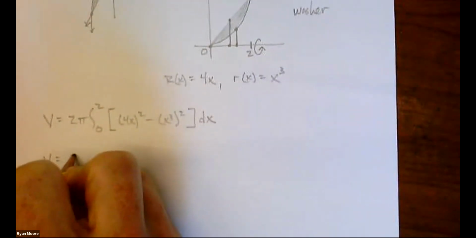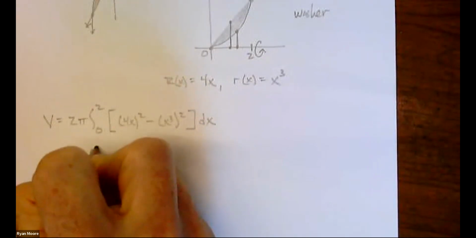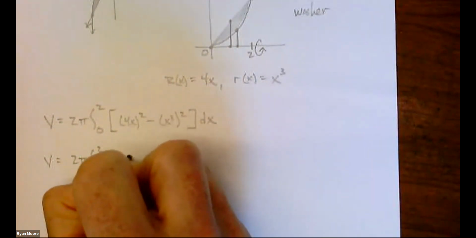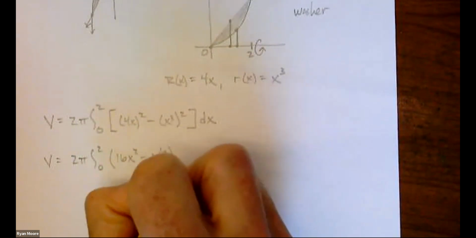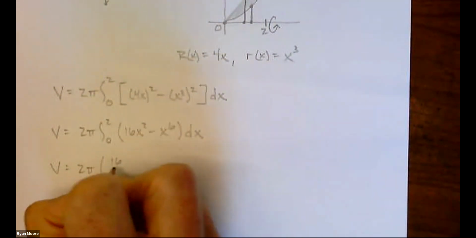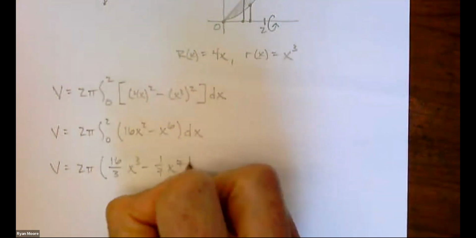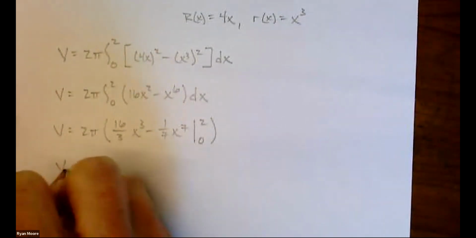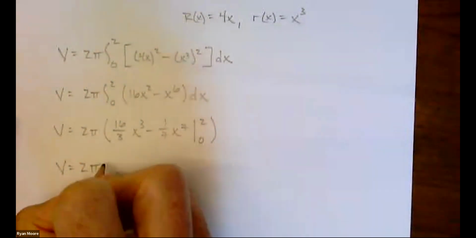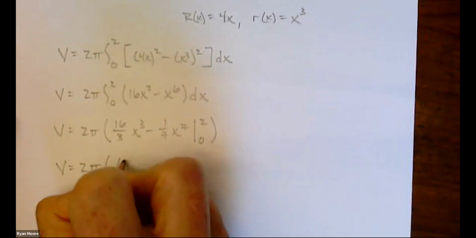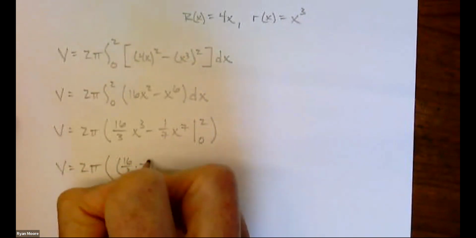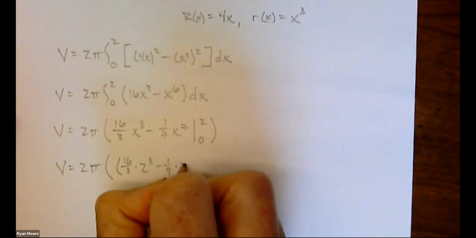Okay, if you made it this far, then we're probably home free. 16x squared minus x to the 6th. This is going to be 16 over 3x cubed minus 1/7 x to the 7th, 0 to 2. And then plugging in, let's see, 16 over 3 times 2 cubed minus 1/7 times 2 to the 7th